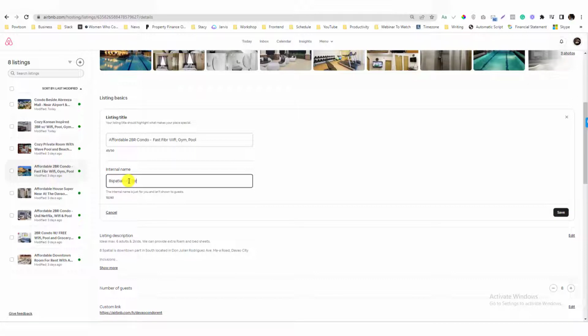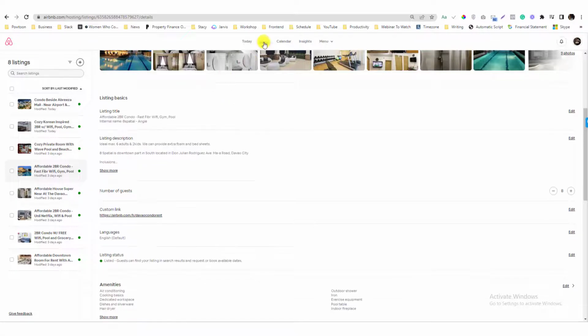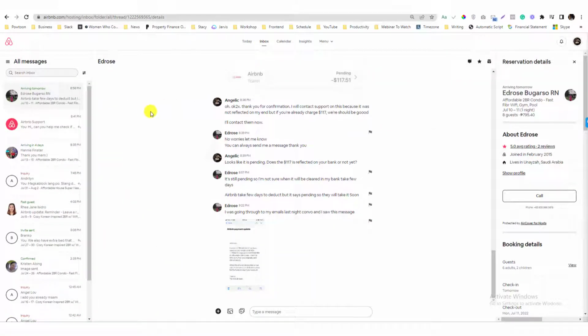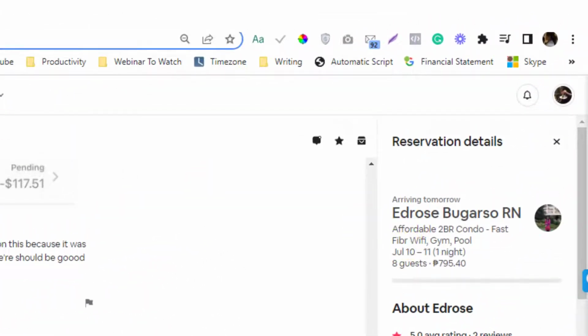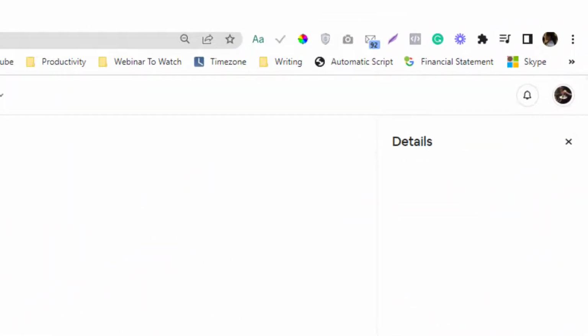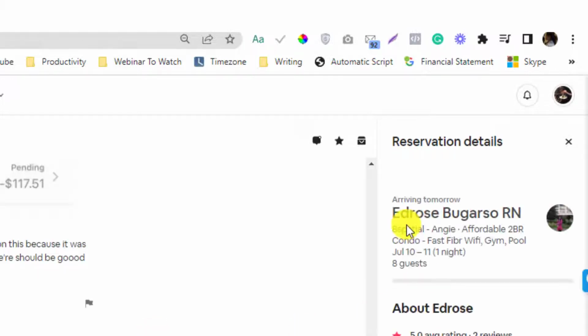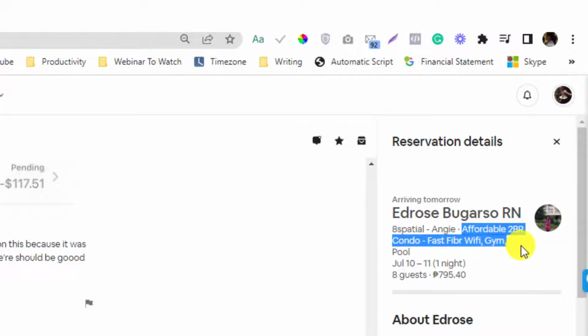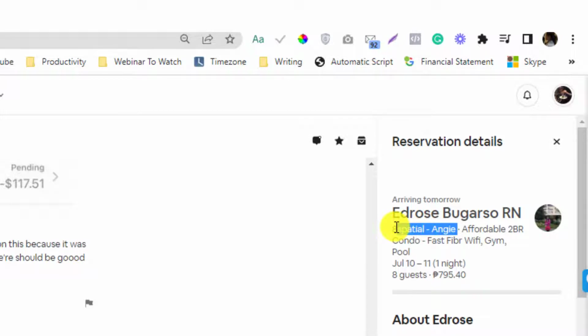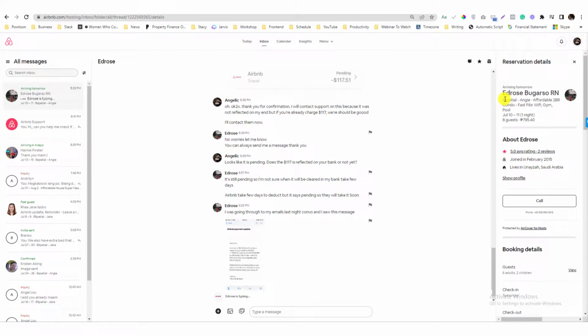that. So if you go to your inbox section, instead of seeing a lot of the words "affordable condominium" in here, what you can see now, if I refresh that, is the internal name. So there's also a title, but at the same time, it gives you an insight into what this listing is all about, and it's also more visible on mobile versus on the desktop. So it really helps a lot so you won't get confused with your